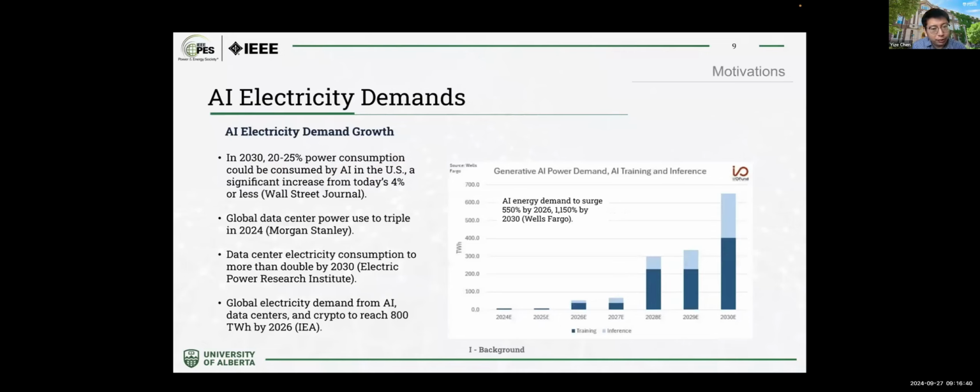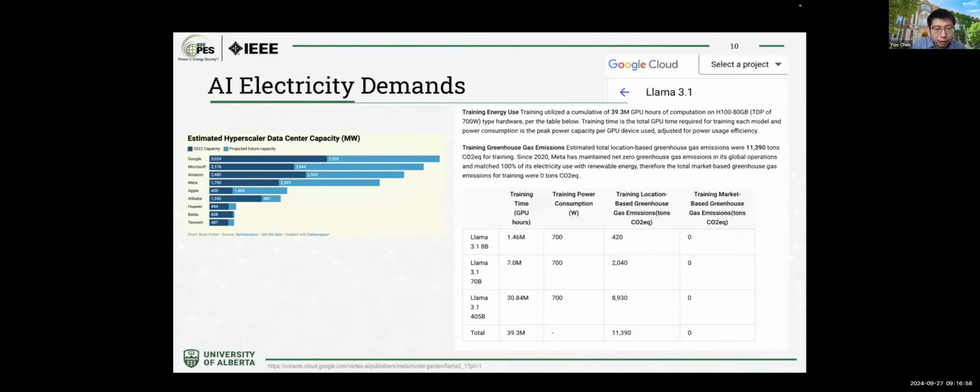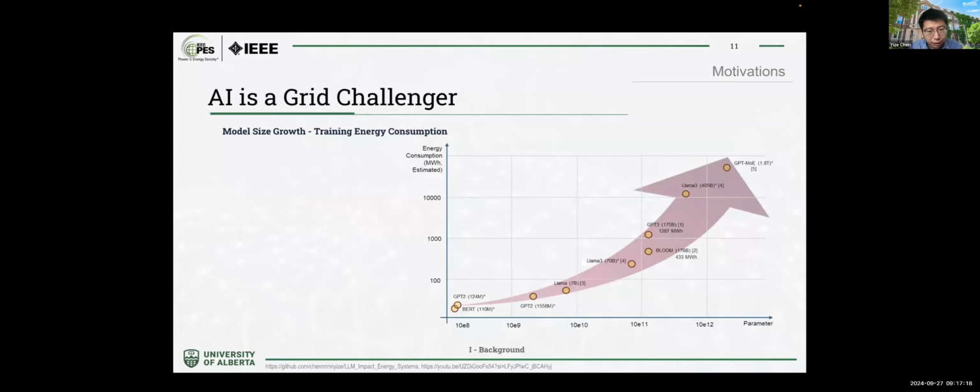If we talk about the overall picture of power consumption, we can see the AI load or AI electricity consumption is actually the largest contributing role in the overall power system. And not only is this coming from different large companies, but for different models. For example, in Google Cloud, they already have a very good benchmark to denote, for each large language model, the training time, the training power consumption, and the total carbon emissions. And what we found here is that it also follows the scaling law.